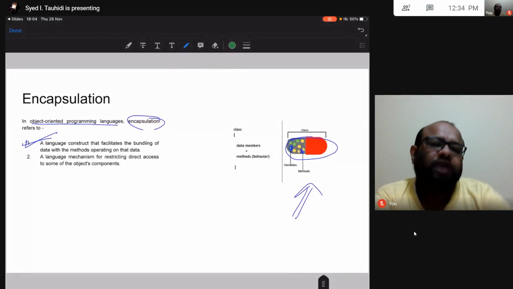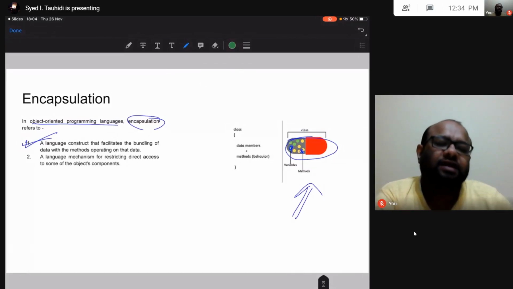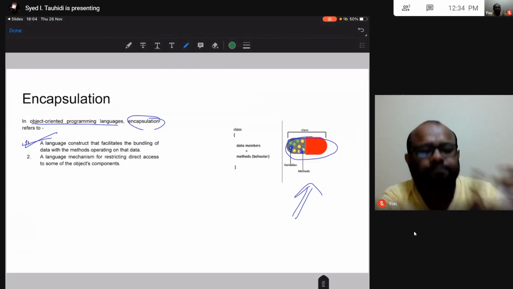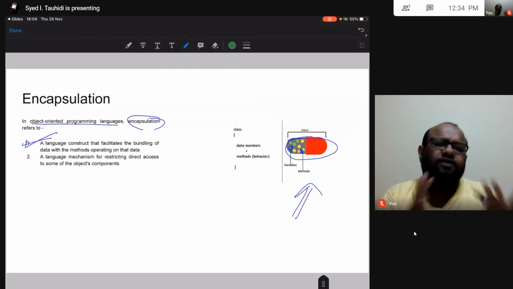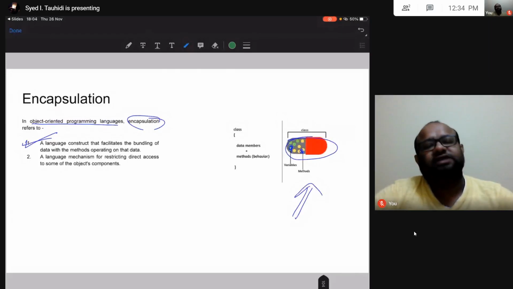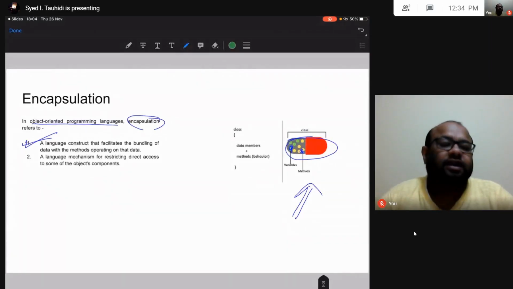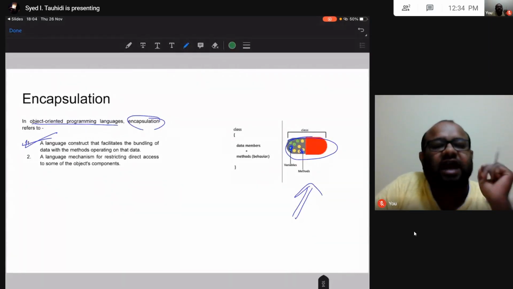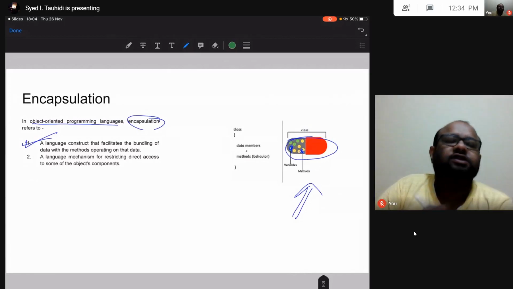The banking class will have all this encryption, bank details, and internal details that should not be given. The advertisement software should not be given permission to access that kind of data, right? So this is data hiding, and this is one more definition of encapsulation.